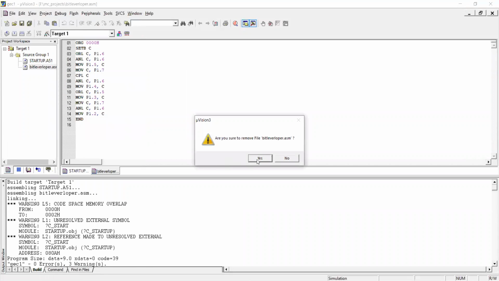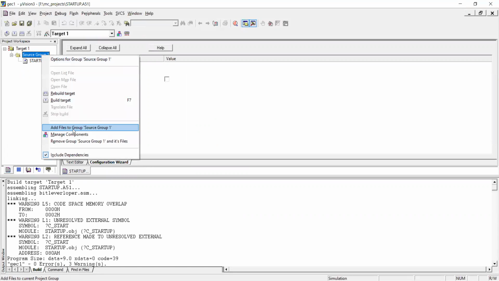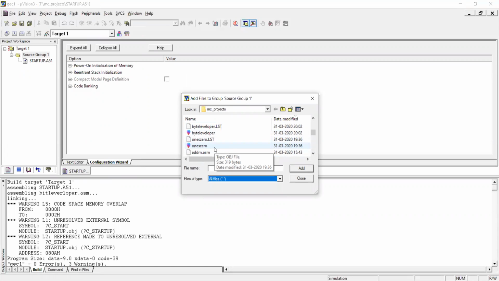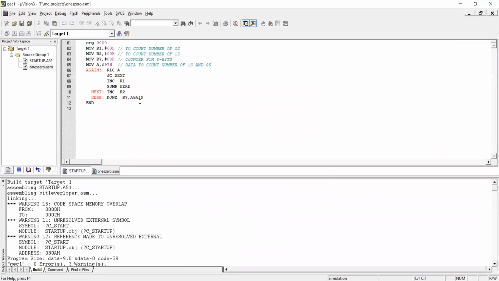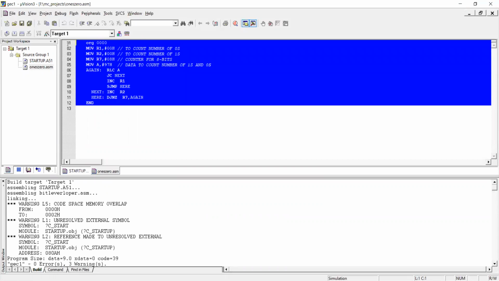I already wrote the file, so I'll just add that file to my project window. We have this program, one of how the rotate instruction works.